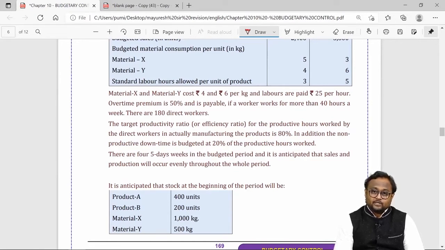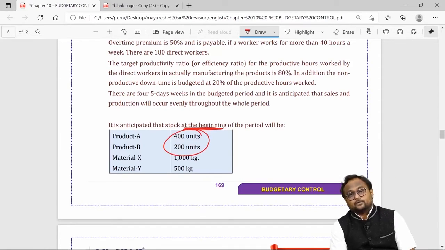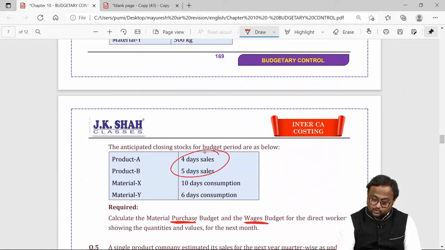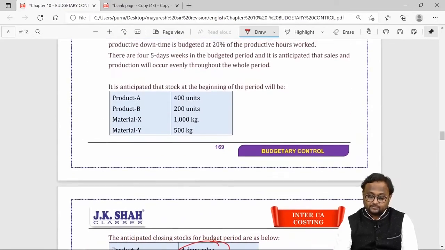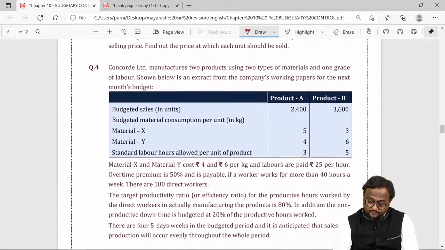So take sales quantity. We wanted to add closing stock. They said anticipated stock in the beginning, 400 and 200. And then they said their closing stock is 4 days sales and 5 days sales. If you recollect this line in the question,